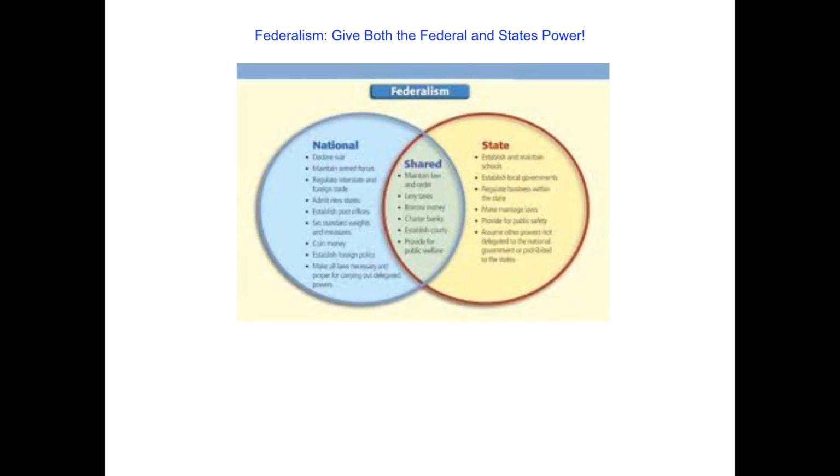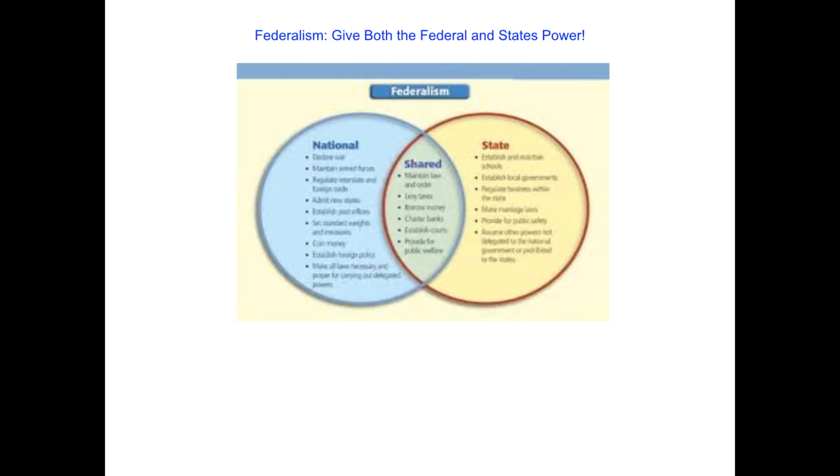Now federalism gave birth to a kind of dual system. Though this may not be clear here, you can see a very similar chart in your book. There are powers which have been determined by the Constitution and the courts using judicial review that are predominantly in the purview of the federal government. We see those on the left. We see things that are in the purview of the states on the right, and then we see the shared values in the middle of this kind of Venn diagram when it comes to how the country rules itself.